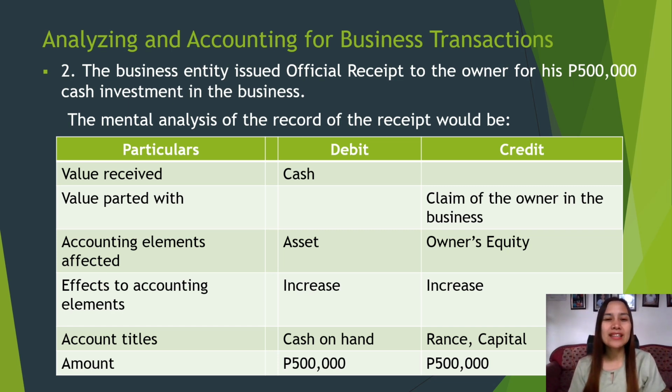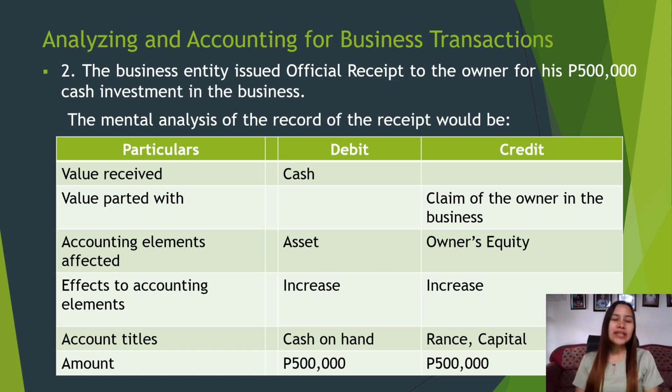So it means that the business is separate and distinct from its owners. Every transaction should be recorded in the business. Any personal claim by the owner to the business should also be recorded, or any amount being invested by the owner in the business should be accounted for. So that is the concept of separate entity and objectivity. Personal transactions of the owner are separate from the business transactions.